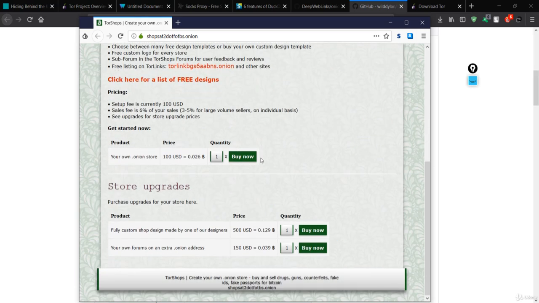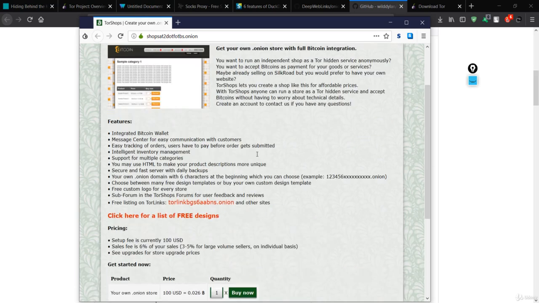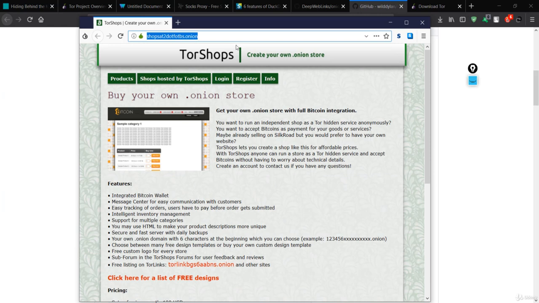In the next lecture, which will be an interesting one, we are going to launch our own website as an onion route from Kali Linux. We'll make our own server, an Apache server, make our own website, and host that website on the onion route. So we'll see you in the next lecture. See you in the next one.